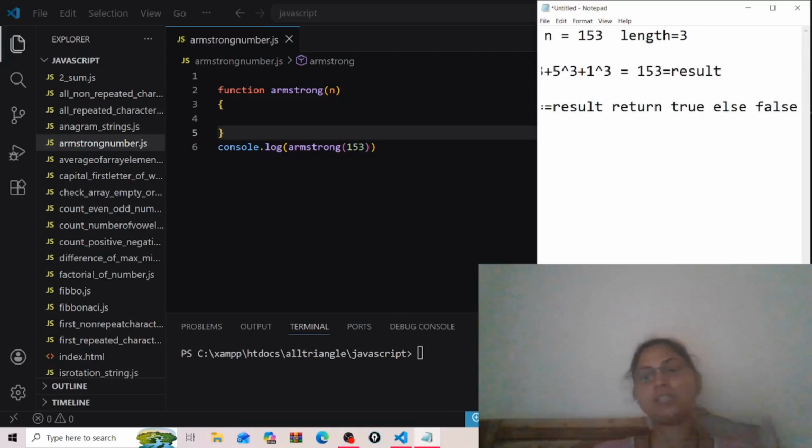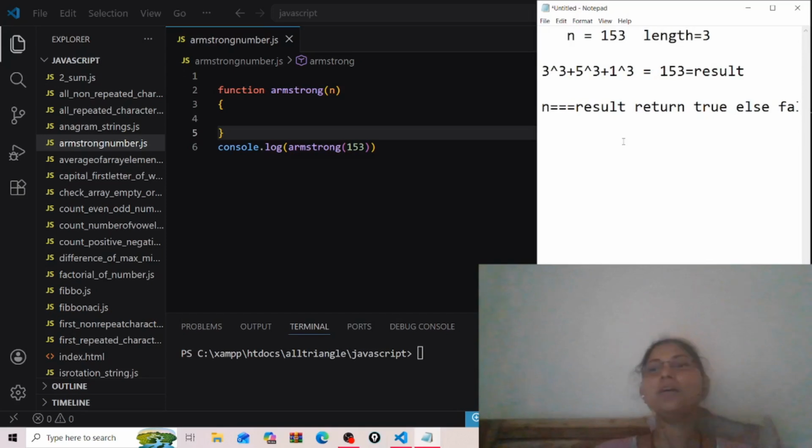This is our logic. We do this calculation, and once our result and our original number are the same, that means our input n is an Armstrong number, so it returns true, otherwise it returns false.